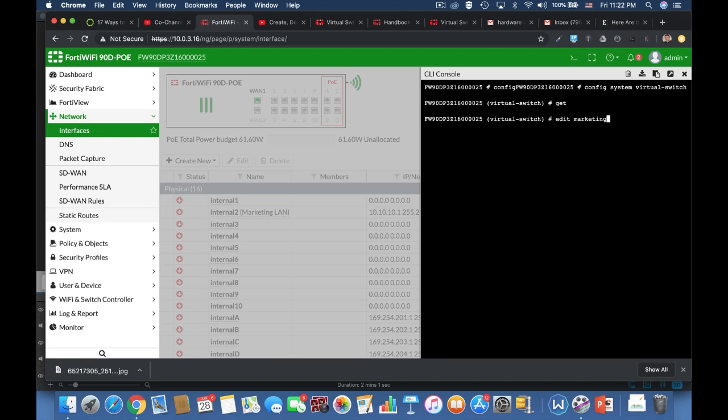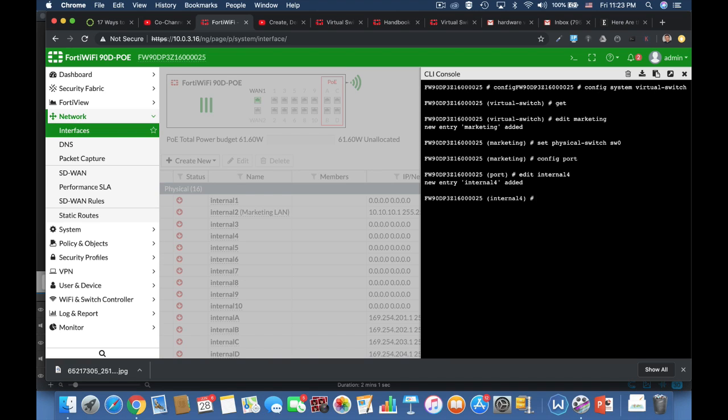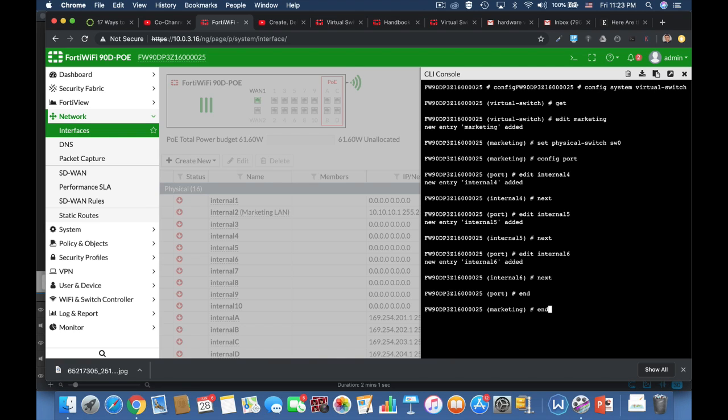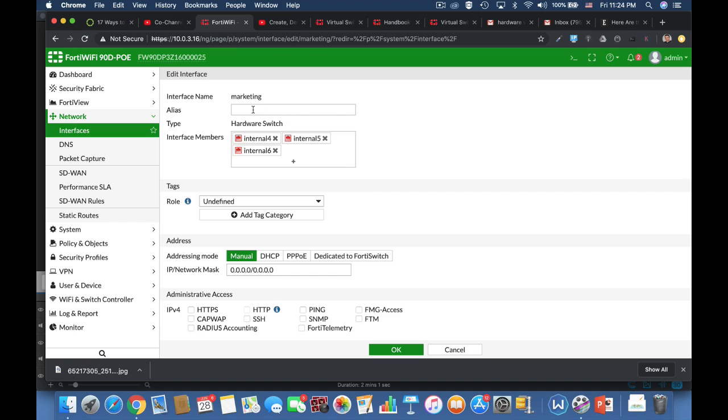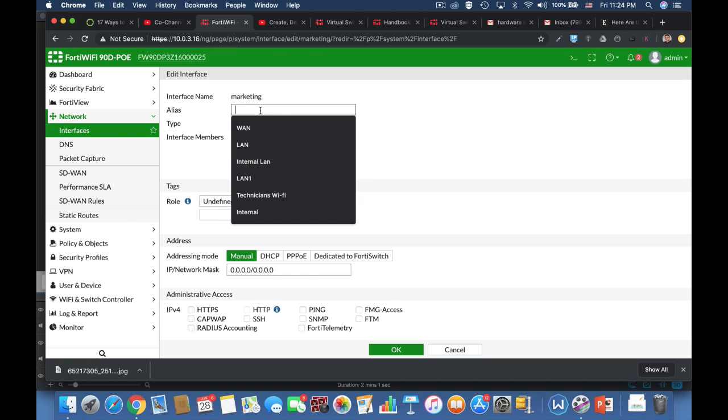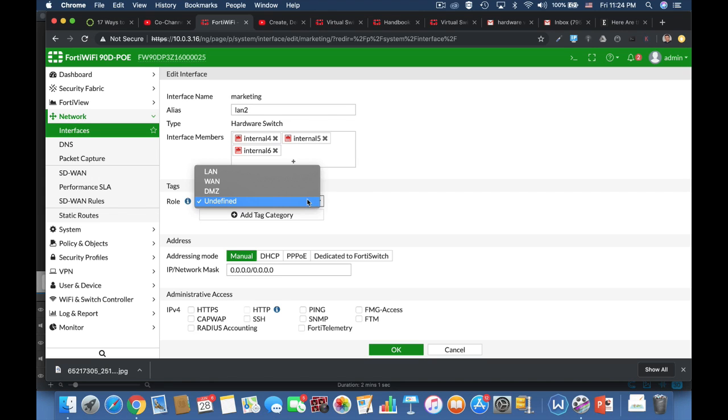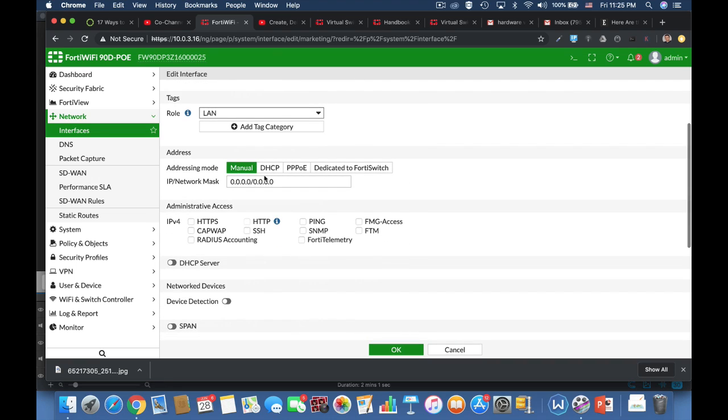Virtual switch, let's call it marketing. And now let's configure the different ports, 4 and let's use internal 6. All right, switch. And let's see if we have a virtual IP address. It's management. Let's use LAN2 as our alias, and let's get him